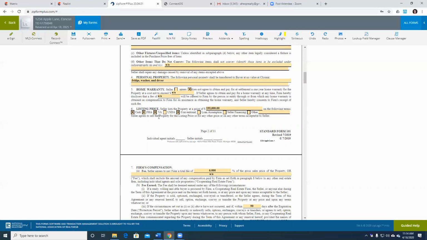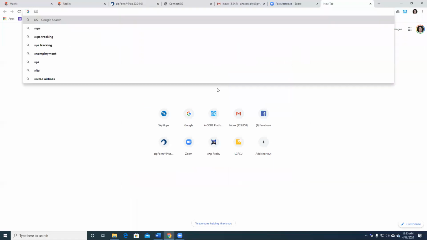So for FHA and VA, if you have a really rundown property, for FHA, they need to understand that FHA may require certain repairs be done before closing by the seller. Same with VA. With VA, they need to know that typically the sellers are responsible for paying for a termite inspection, and that has to be done before closing. With USDA, how to find out if a home is in a USDA area, you go on Google, USDA eligibility